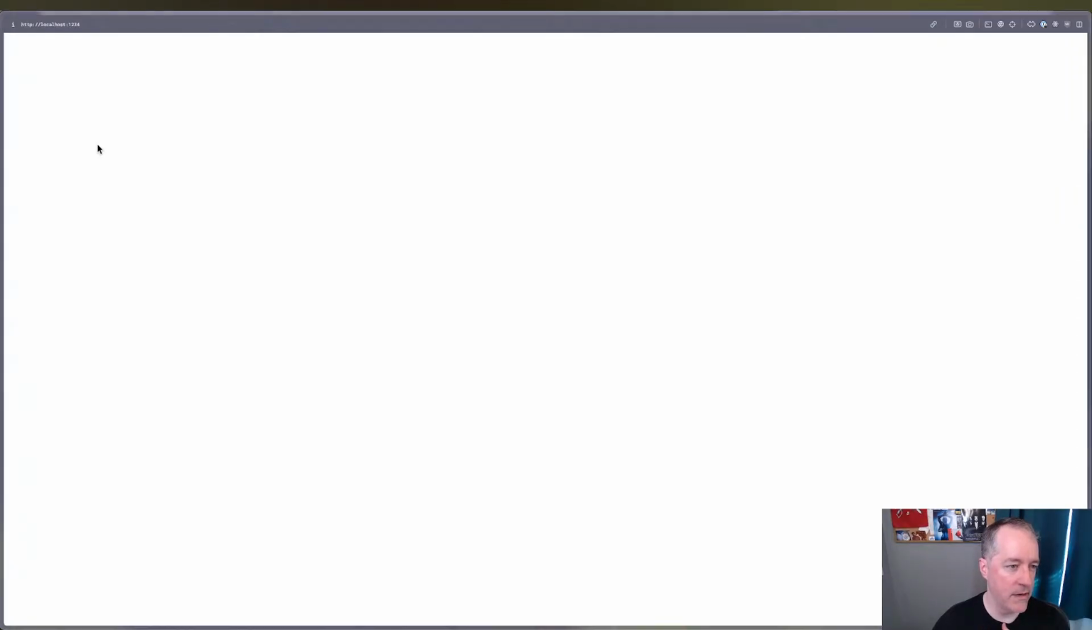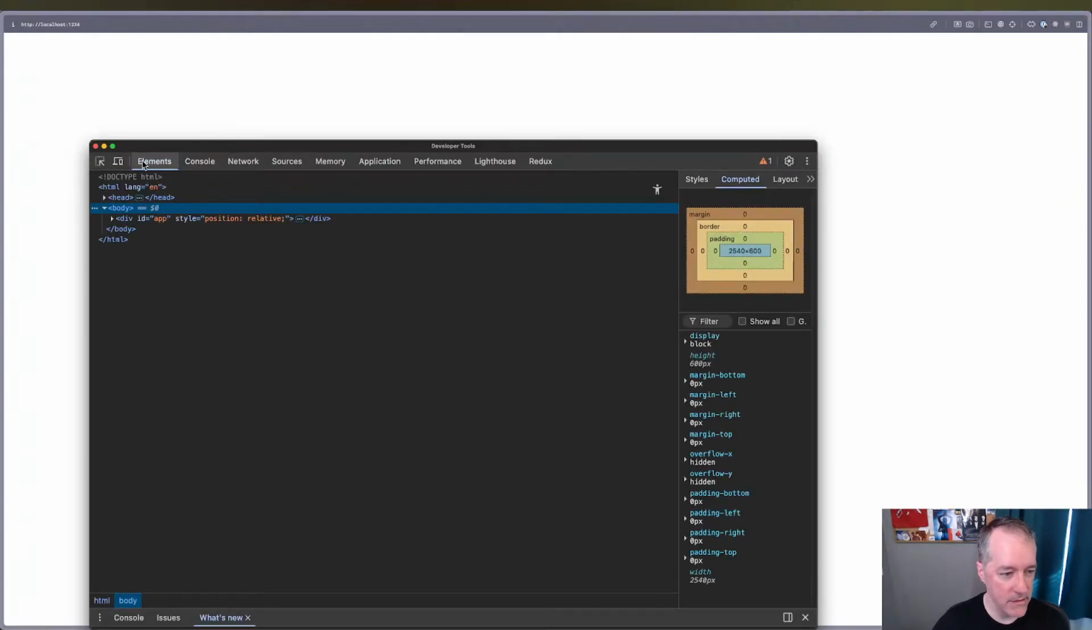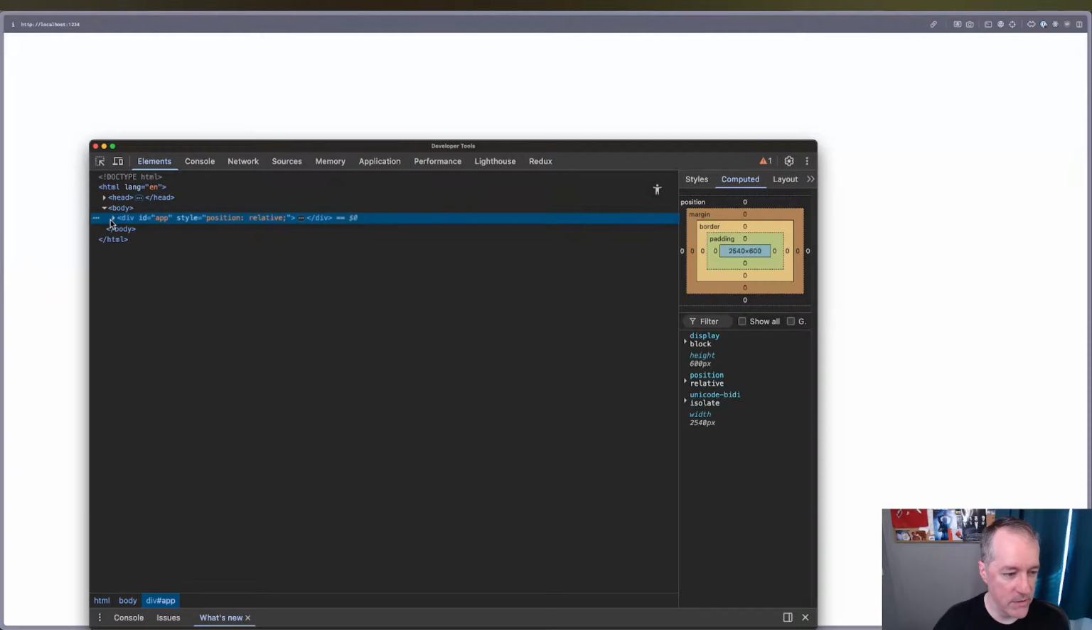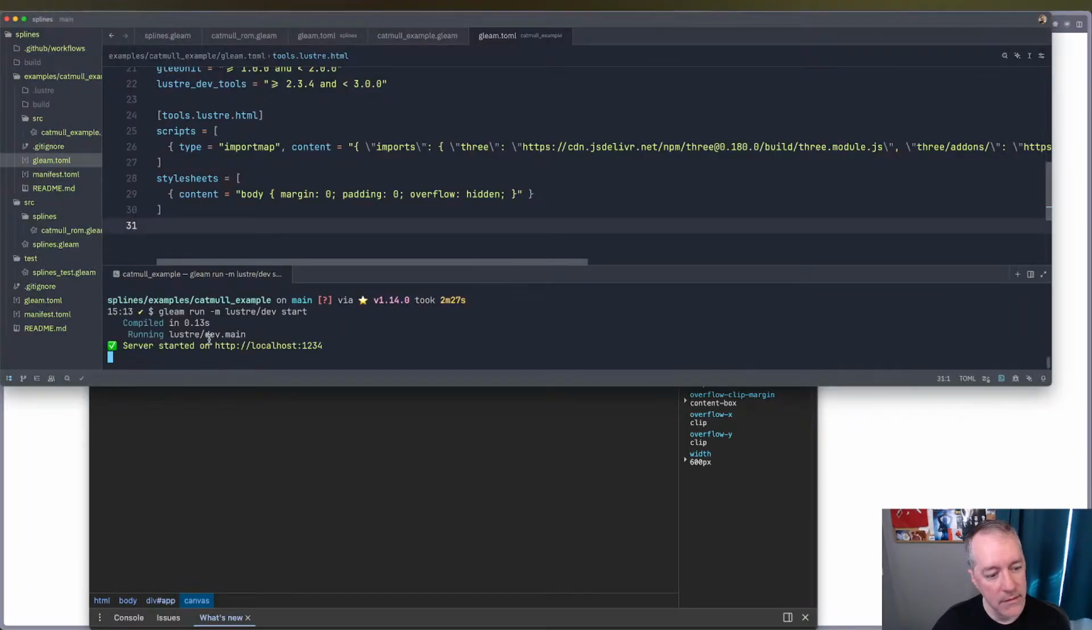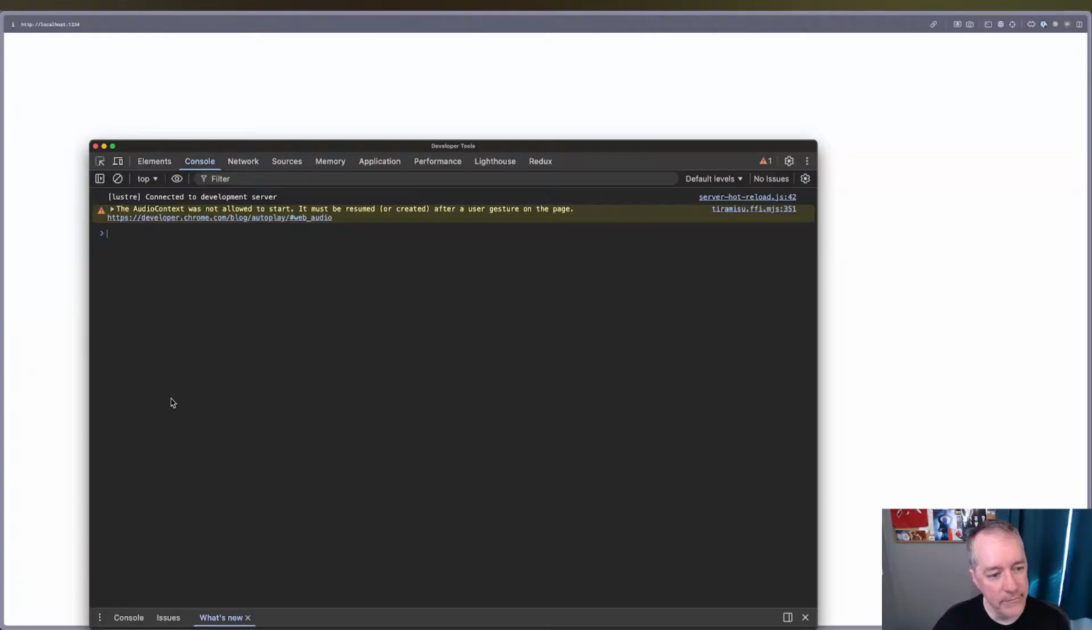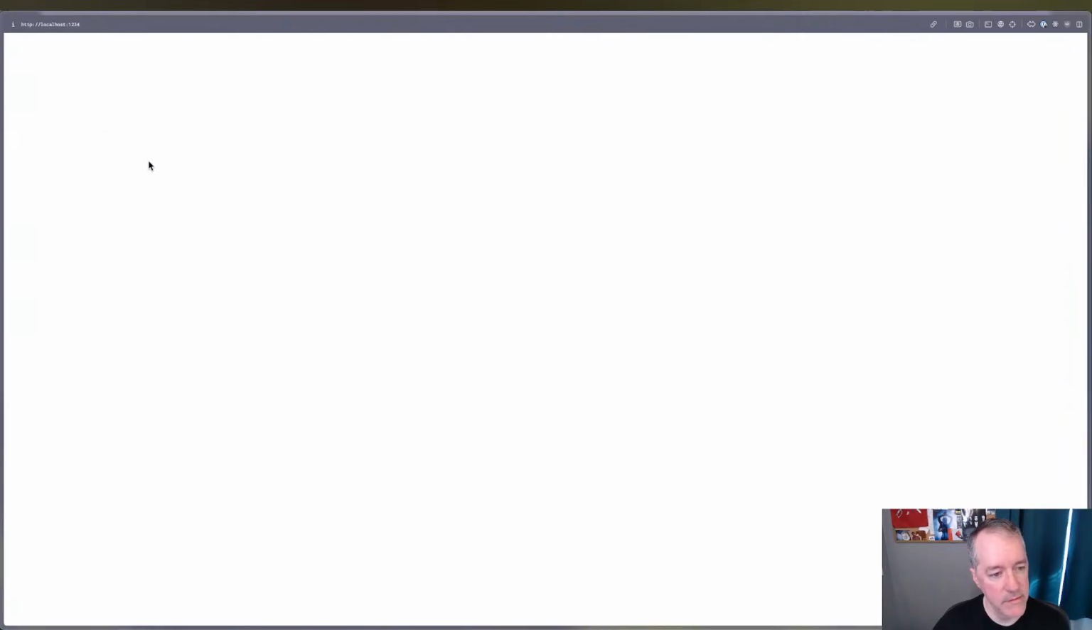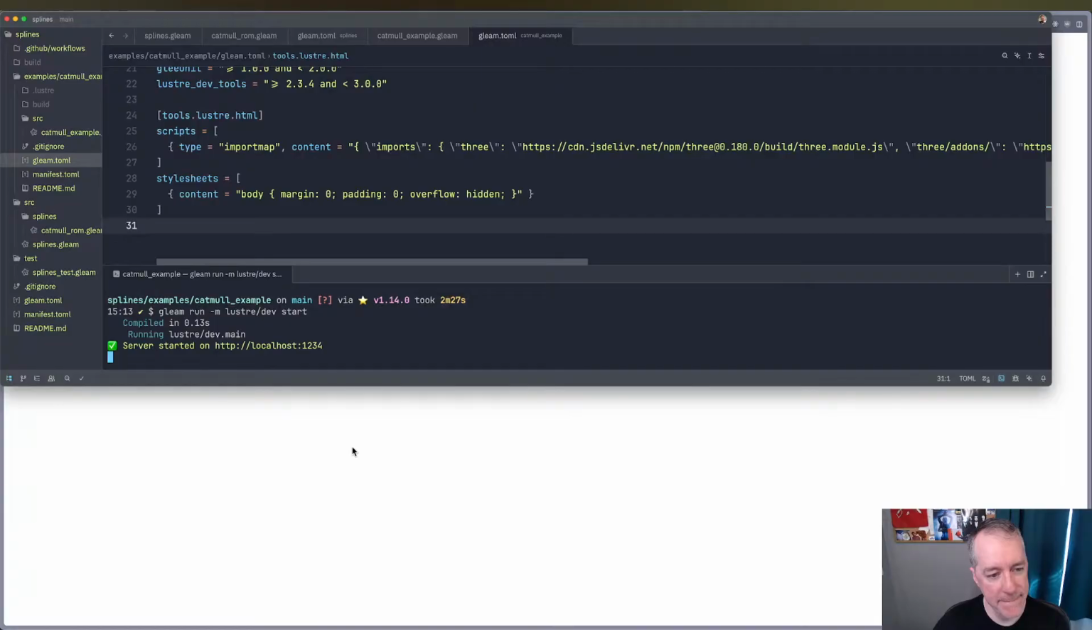That's why it was like, hey, you're not loading anything. Okay, so now let's look at the elements. Okay, so we're getting the app, we're getting the canvas with 600 by 600. So we should be rendering a black, nothing special in the console. We should be rendering a black square on there. So